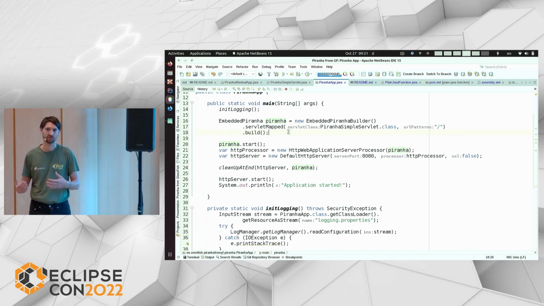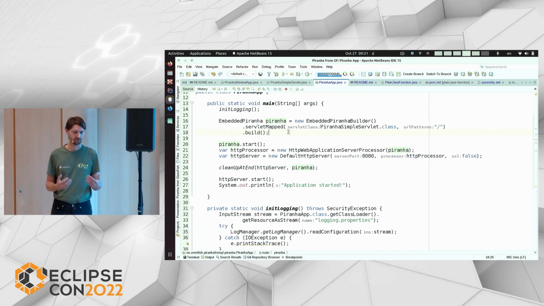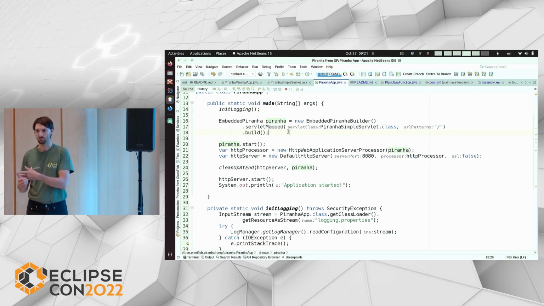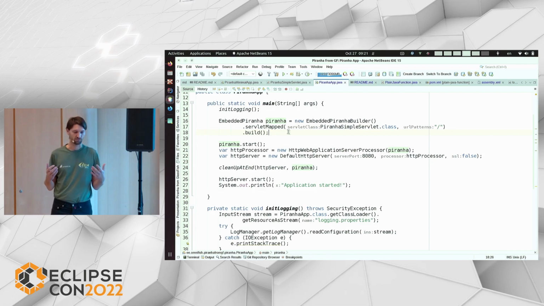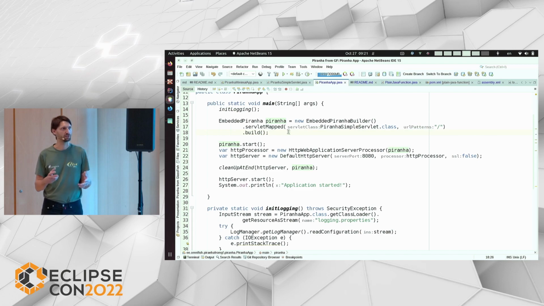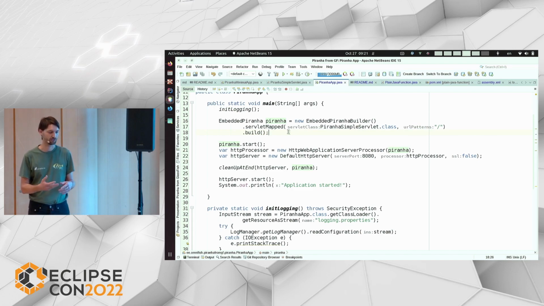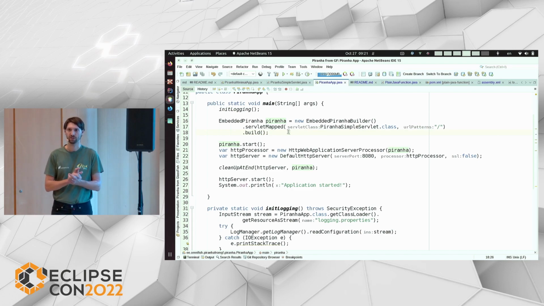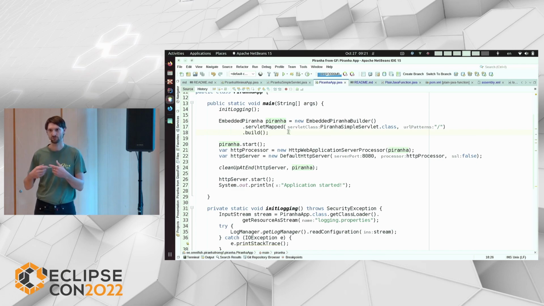That's a simple object, and then you bind it to an HTTP listener, which can be anything. You can implement your own based on Tomcat or Jetty if you really want. But there are, I think, four already built in, and there's this default HTTP server that just delegates all the HTTP requests to Piranha. It will create the HTTP request object and delegate to Piranha.